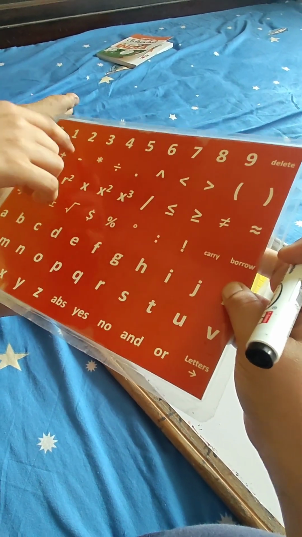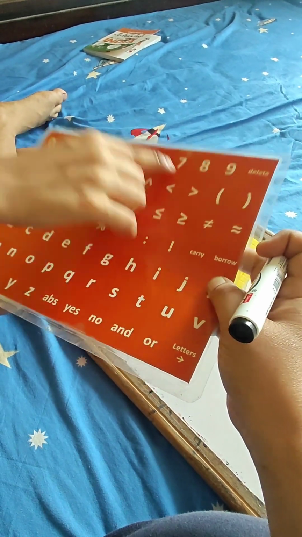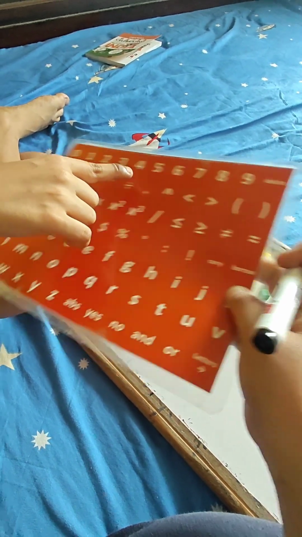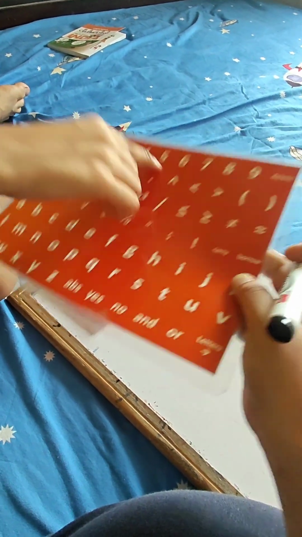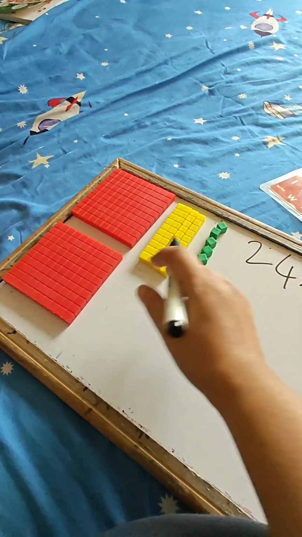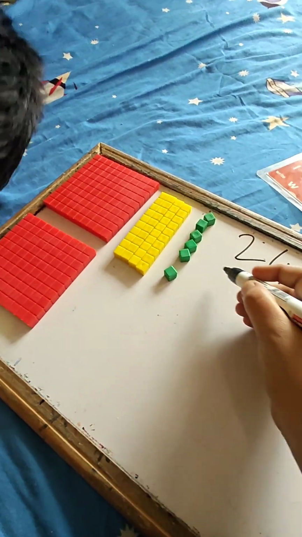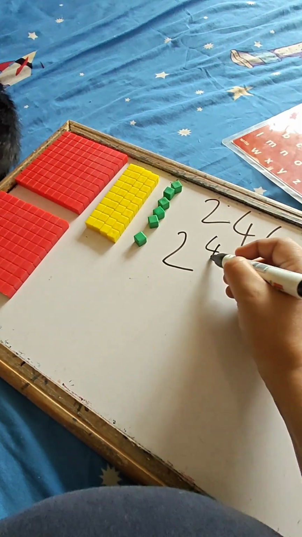It will be 240, 46, so 246. Now, if we have to represent this in fractions, it will be 2 full units,